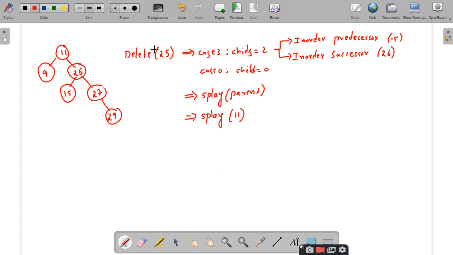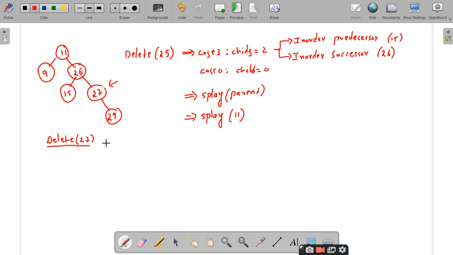Yes, sir. Right. Now we will go with the third case where you want to delete a node with one child. So let us delete this 27. So our next case is deletion of 27.